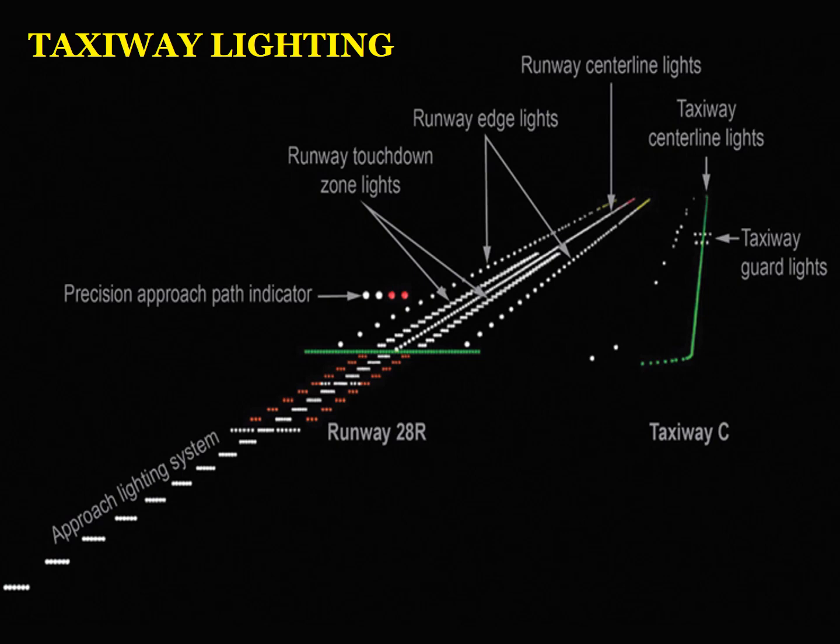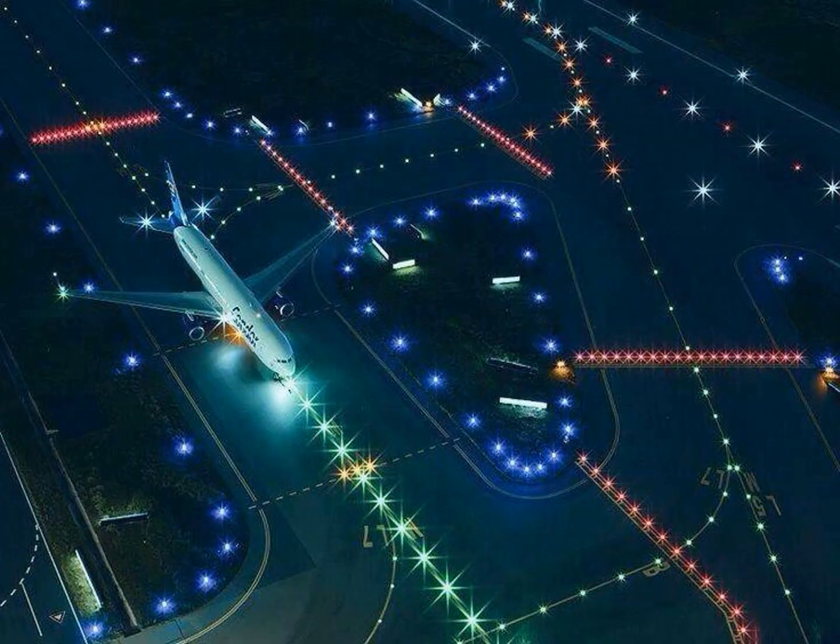This is the taxiway lighting. See how the taxiway lighting has been laid out. The green path shows you the taxiway lighting approach. These are the taxiway guard lights. Over here, this is the center line of the taxiway. This is how the runway and the taxiway have been indicated with the light systems and the visual aids, and the aircraft flying over it has to control its speed accordingly with the visual aids and the air traffic control aids.